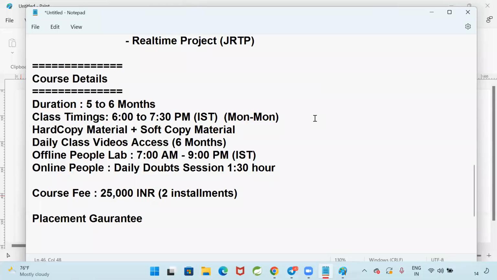That is the reason Sunday is not a holiday. On Sunday, we should be more productive, because those people cannot come on weekdays. They are working, so they will come on Saturday and Sunday. So on Sunday, you should be present in the institute. Okay, guys, give me 6 months, then you will get a wonderful opportunity.